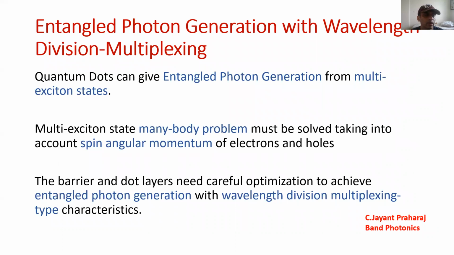Now, if you have quantum wires and specifically quantum dots, you can get entangled photon generation from multi-exciton states. Now, these are complex many-body problems, and they also need to be solved taking into account spin angular momentum of electrons and holes. And the barrier and dot layers need to be carefully optimized to achieve entangled photon generation with wavelength division multiplexing type